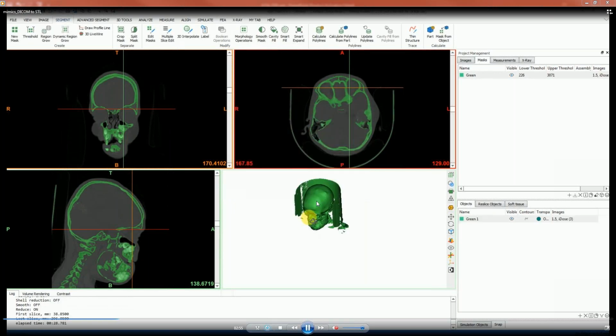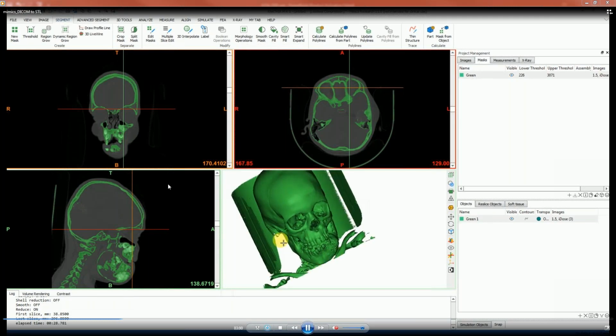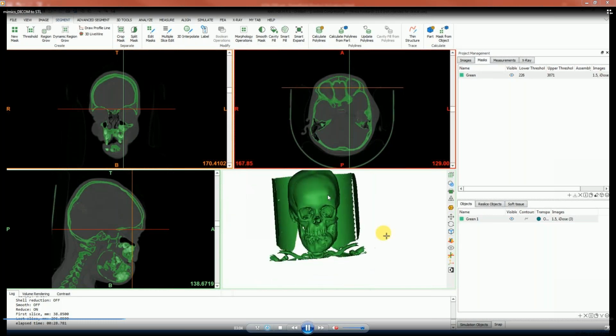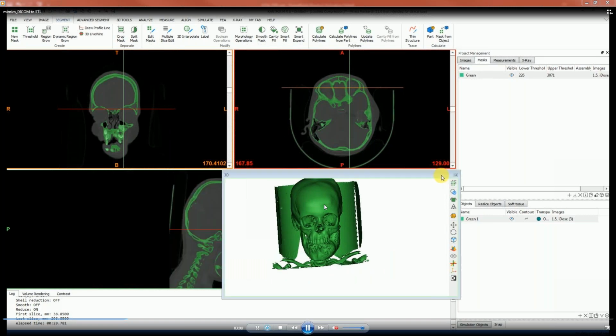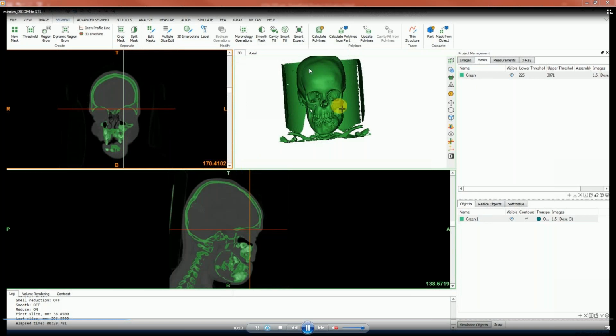Now you see. The mask is converted into a solid body. Now you see the solid body. If we give a lower threshold value, lower Hounsfield values, then we might be seeing the skin and then ears and then eyes, lips, everything.